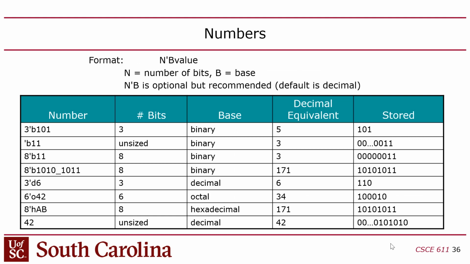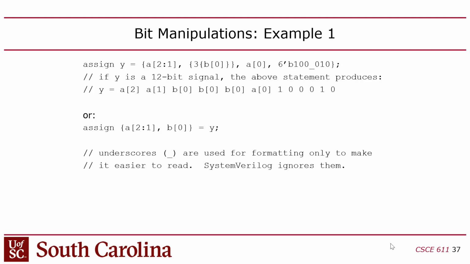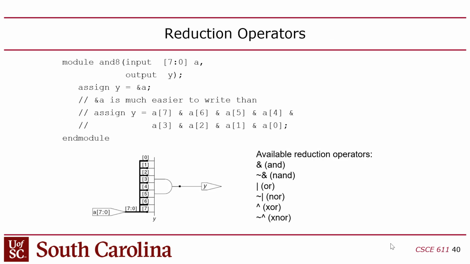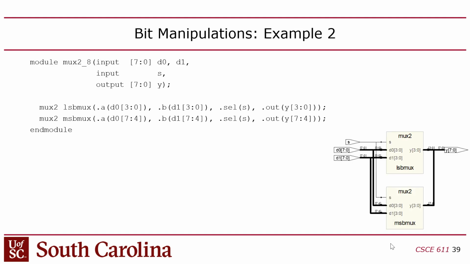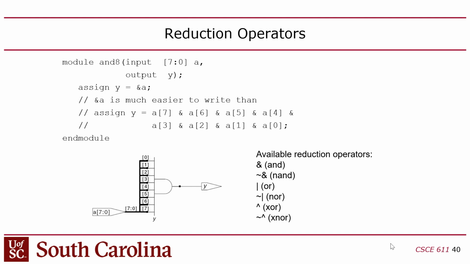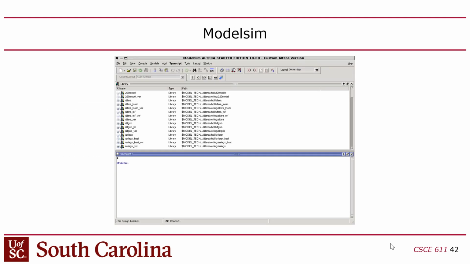We talked about how to represent numbers. We talked about bit manipulations. Bit manipulations is concatenating bits and replicating bits and slicing bits out of a bus. A bus meaning a multi-bit signal. We talked about reduction operators, and then I think I did a demo with ModelSim, right, where I showed a